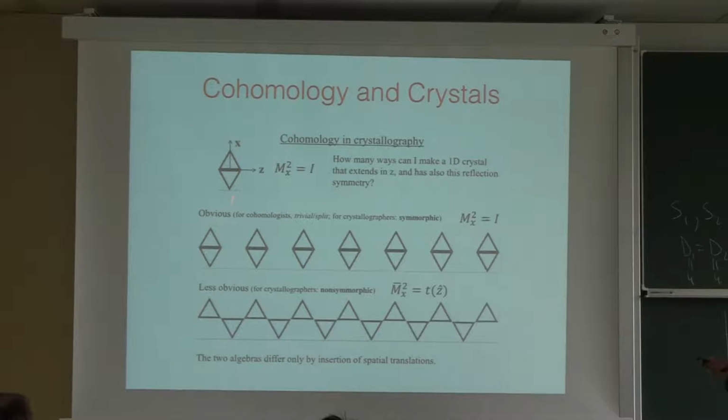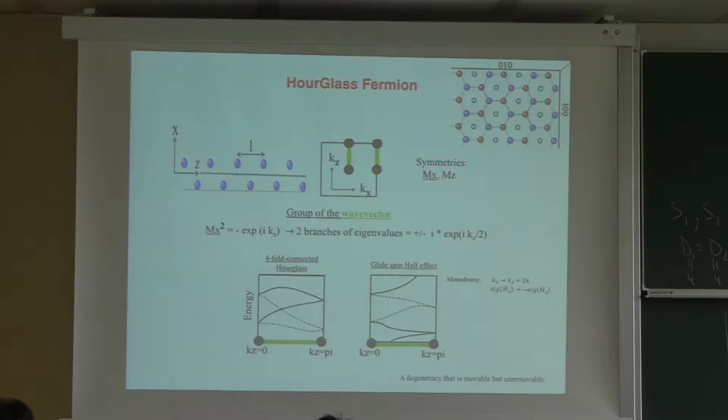So the point is, these two types of situations are symmorphic and non-symmorphic, or for group cohomologists, this is trivial, the split representation, and this is the non-trivial extension. But all you're doing is you're trying to extend your symmetry group by the group of translations. Now, this one is the one that we'll be focusing on, because as I said, we have this symmetry that if I look at the face 0, 1, 0, and I take mercury into antimony by applying a mirror, I have to translate by half a unit cell, which is exactly what I'm doing here. Let me show you how this changes things.